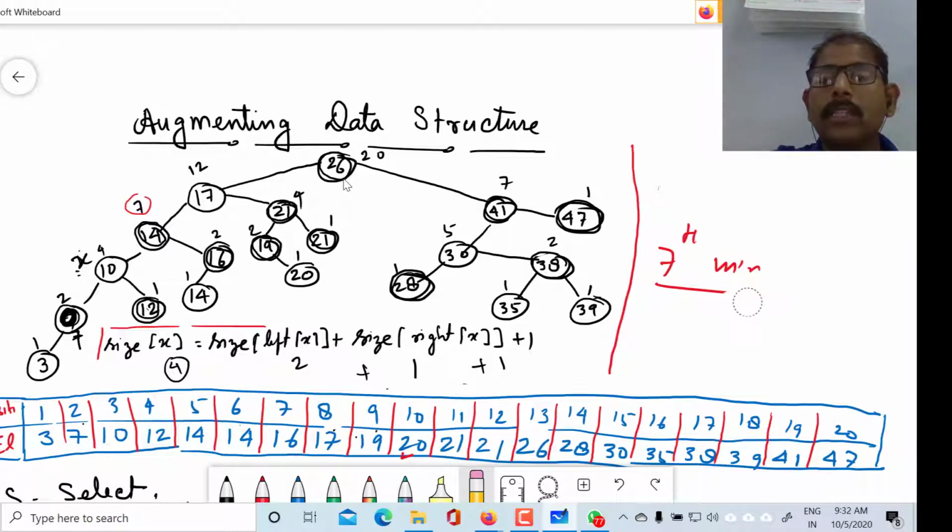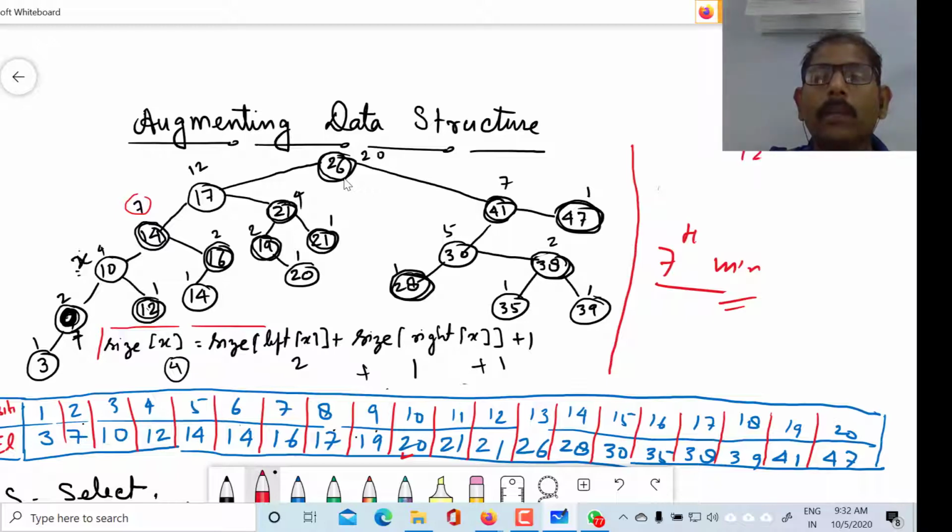Our aim is to find the seventh minimum element. By that formula, how many nodes are there on the left hand side of this root node? 1, 2, 3, 4, 5, 6, 7, 8, 9, 10, 11 and 12.